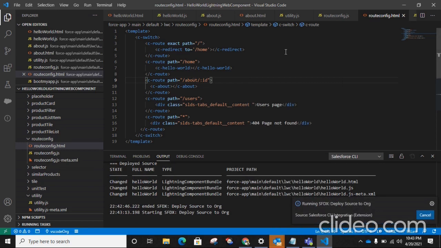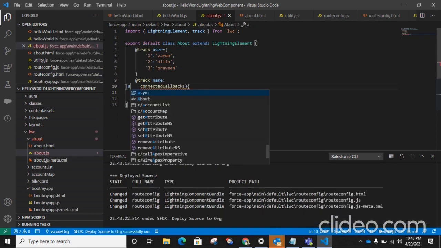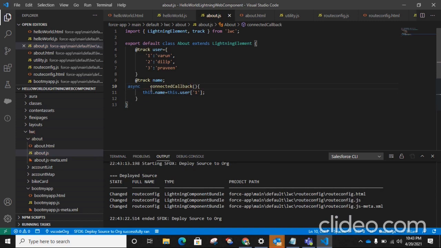Then what will be the next step? Just come to our about JS. Just make this function async and use await.